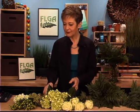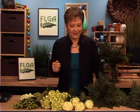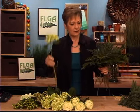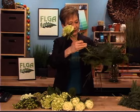That way you can lay out all your other materials, the roses, hydrangeas, brasilia, carnations, hypericum, all green, all fabulous. Then pick it up and start filling in with your flowers. I like to start with the larger things first, like the hydrangea. I just nestle it down into the weave,